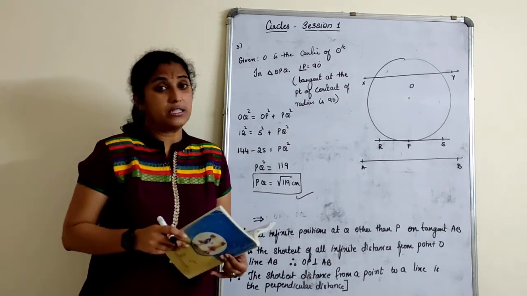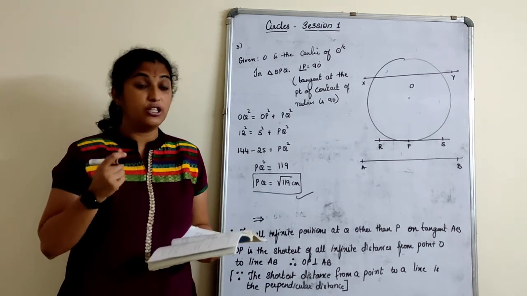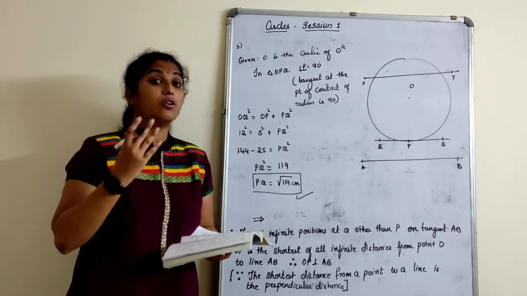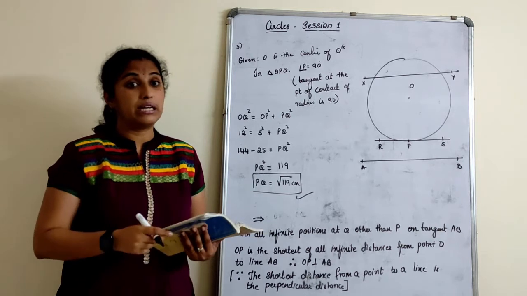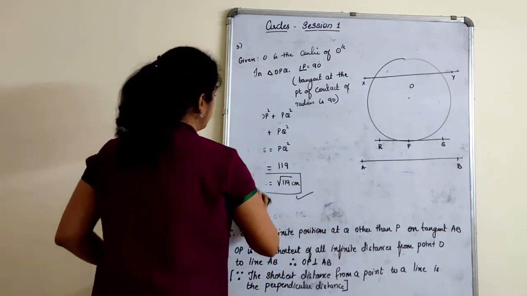Now what we will do is, about the next exercise, I'll just give a brief introduction about tangents drawn to a circle. How the different tangents are drawn to one circle or two circles, types of circles, and about the theorem and the exercise, we'll do that in the next class. We'll just give a small brief introduction to this part.